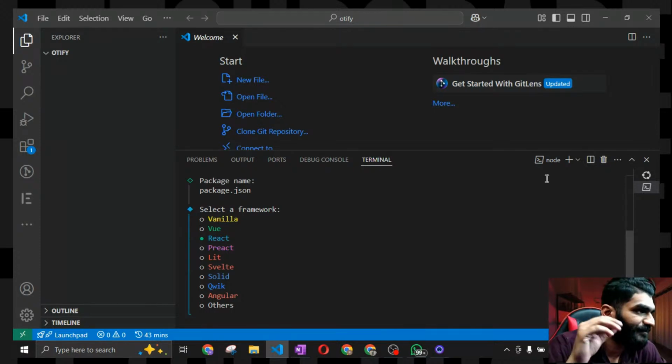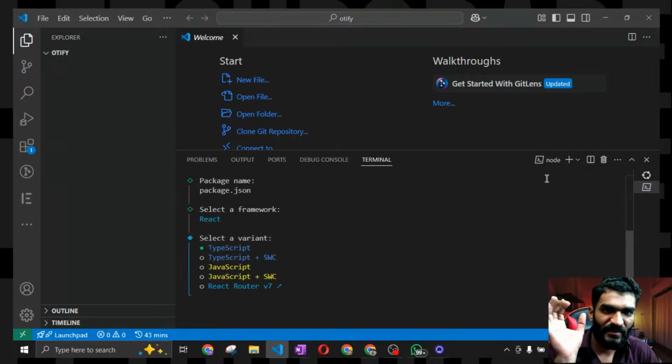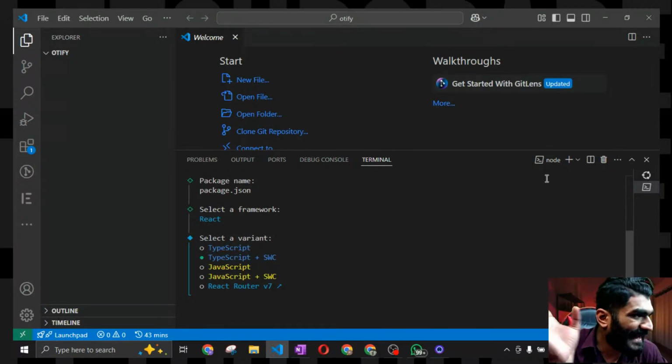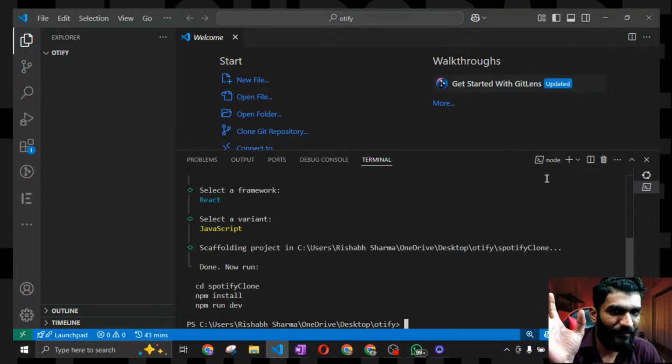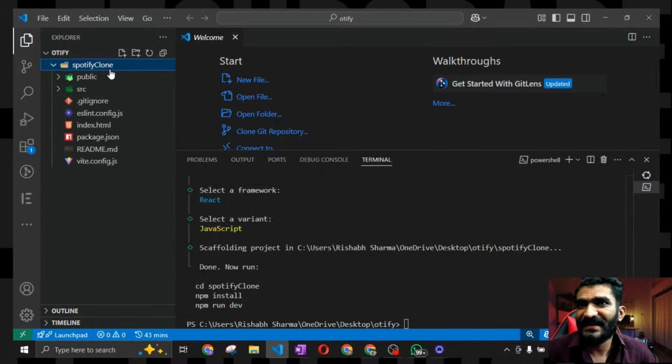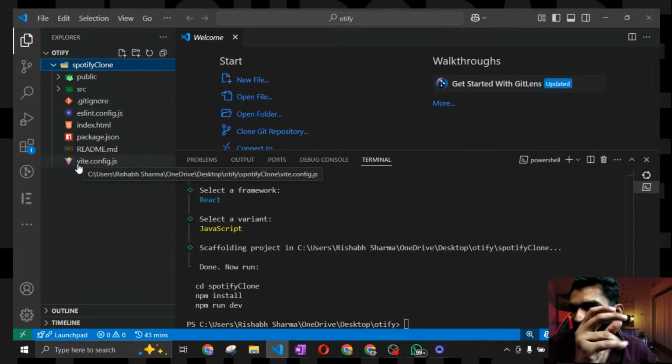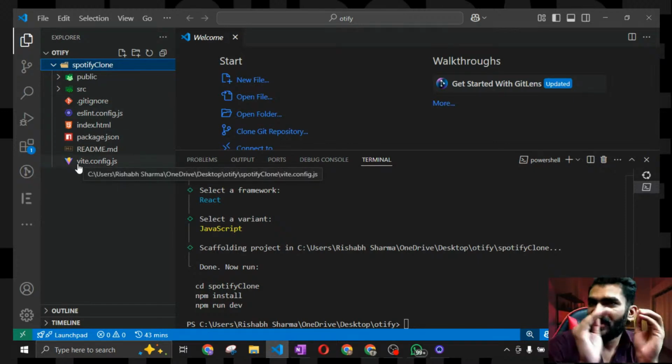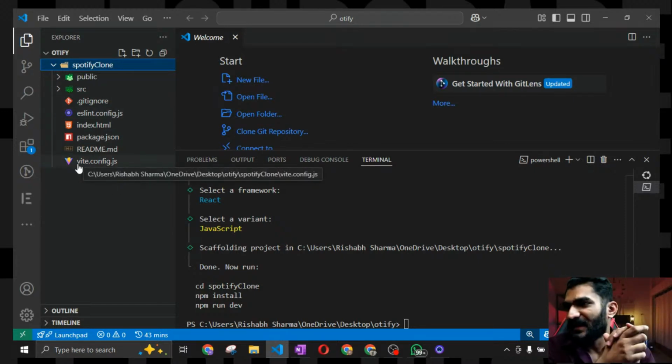What do I need? I want a React app, so I will select React over here, right? So do you want TypeScript, SWC or JavaScript? I'll select plain JavaScript, right? I want plain JavaScript, and done. So now it has created a basic template for me, right? Just like in npx create react app, it has created a basic template for me